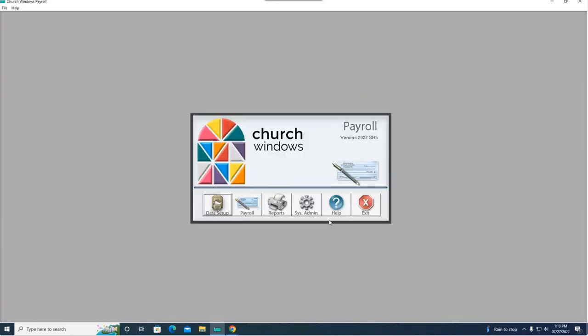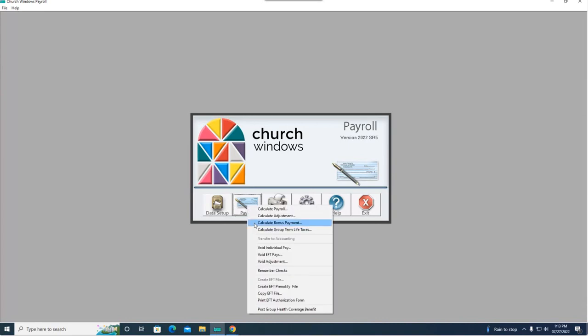But that's where, when we go back to our main home screen, you go to payroll and calculate adjustment. The calculate adjustment problem is in our payroll software for the purpose of fixing problems, and that's what that's there for. Okay, so if wages aren't reporting correctly, you can use the calculate adjustment feature to fix wage problems and things